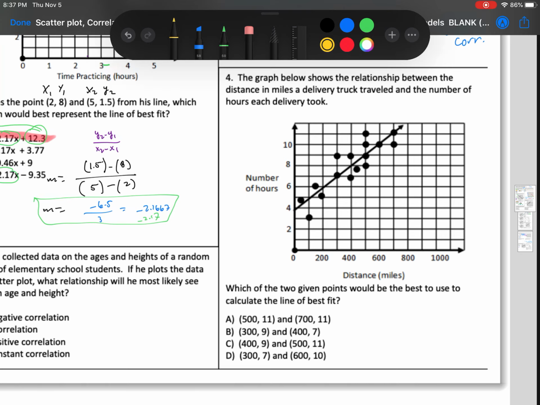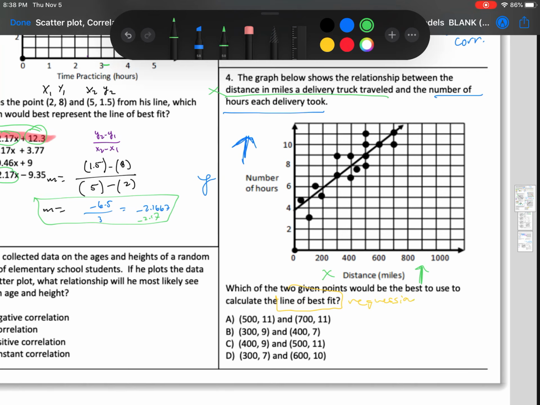The graph below shows a relationship between the distance in miles of a delivery truck, so there's my x down here, and the number of hours each delivery took. As the miles the delivery truck goes increases, the time it takes also increases. Let's answer the question. Which of the two given points would be best to use to calculate the line of best fit? Well, this line of best fit is the regression line,